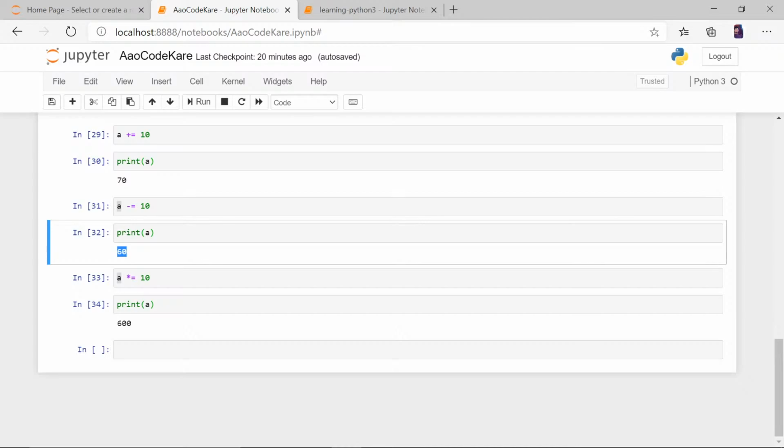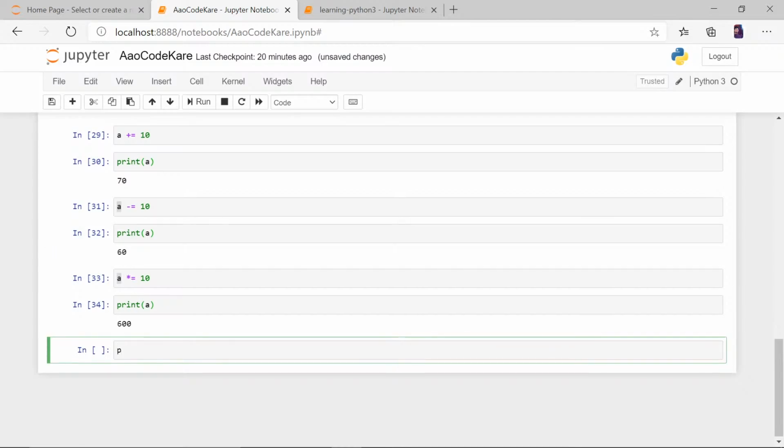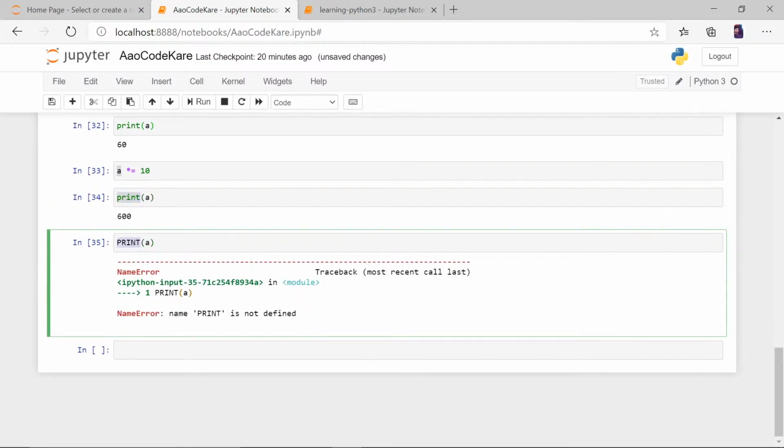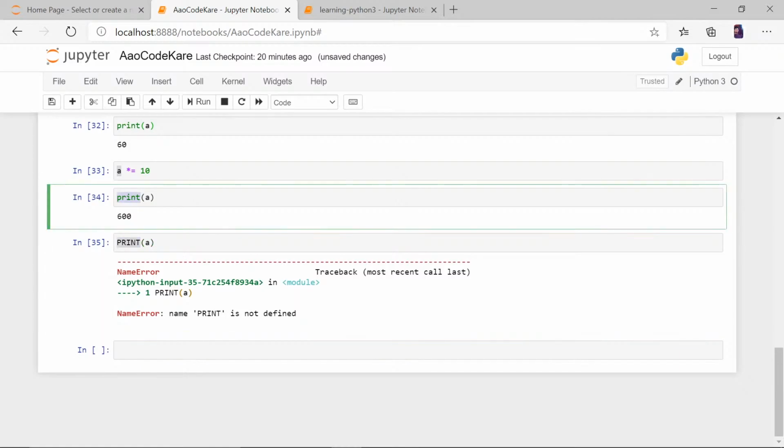If we use a capital Print instead of print, will it give error? I don't think it should give error. But let's see. Print a. Okay, it has error. So you should always use the smaller print. As you can see, it is not showing this in green. The green words are actually pre-assigned. So yes, Amit Gandhi, you always use the lowercase letters.